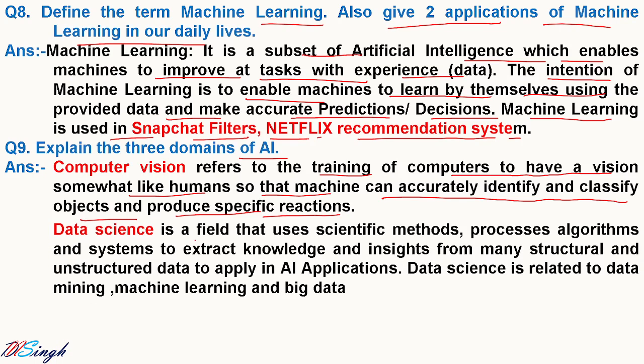नेक्स्ट जो है वो है डेटा साइंस. डेटा साइंस is a field that uses scientific method, process, algorithm, systems to extract knowledge and insight from many structured or unstructured data to apply in AI applications. डेटा साइंस की ज़रूरत क्यों पड़ी? क्योंकि आजकल ह्यूज डेटा डेवलप हो रहा है. आप देखो तो डेटा की माइनिंग हो रही है ना. आप अज्यूम करो कि एक दिन में जिस माध्यम से आप ये वीडियो देख रहे हैं यूट्यूब पर, कितना सारा वीडियोस को अपलोड किया जाता होगा और फेसबुक पर कितने फ़ोटोज़ अपलोड किए जाते होंगे. ये सारे डेटा को मैनेज करना और इसमें से कुछ इंसाइटफुल इंफॉर्मेशन निकालना, ये सब किसका काम है?